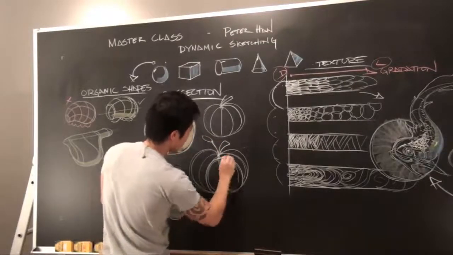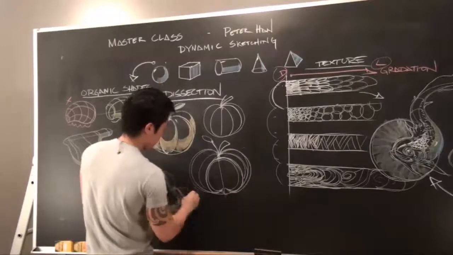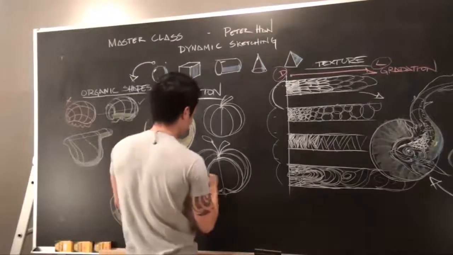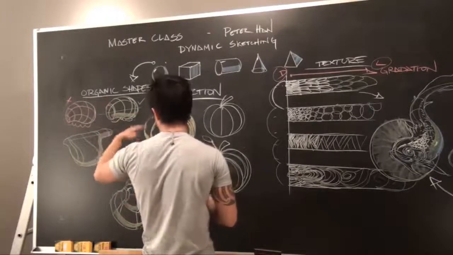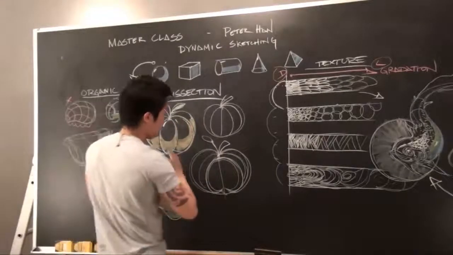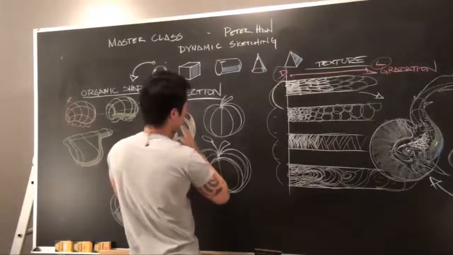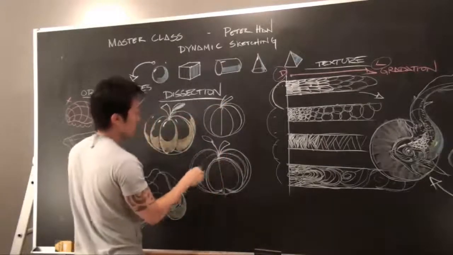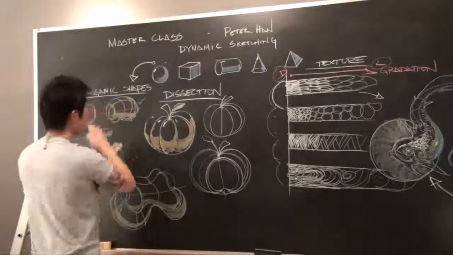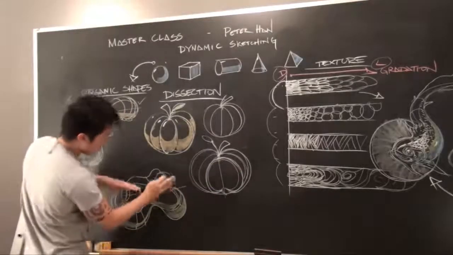And the idea of dissection is a better understanding of your forms. You've dissected, or not dissected, but contoured them out so you know how they turn. But now let's give them a real three-dimensional feel to it by cutting these pieces away. If you know how to cut pieces and sections out of an organic form, then you'll know really how these